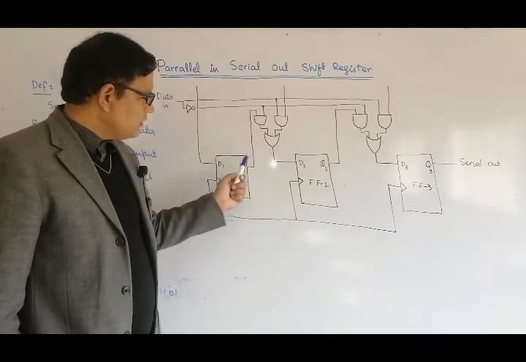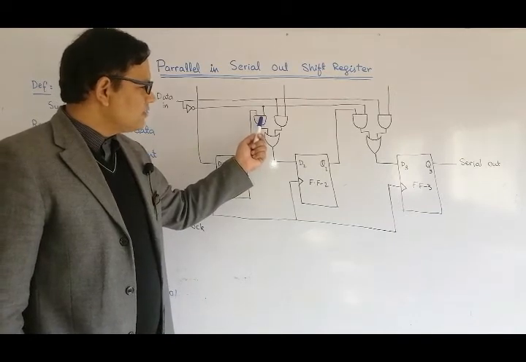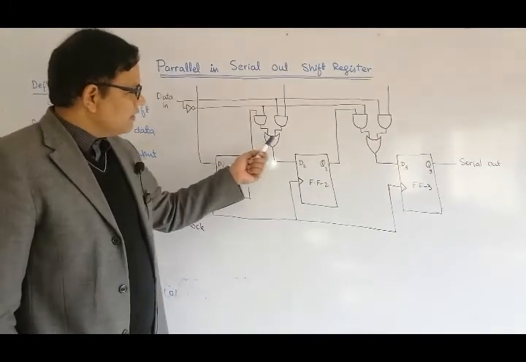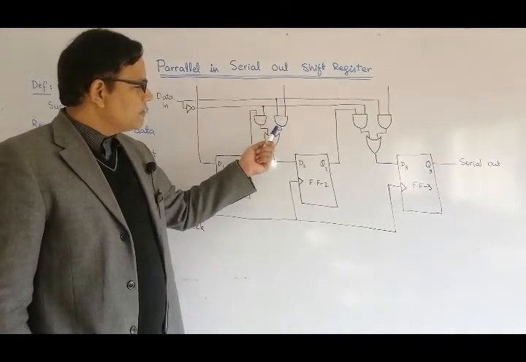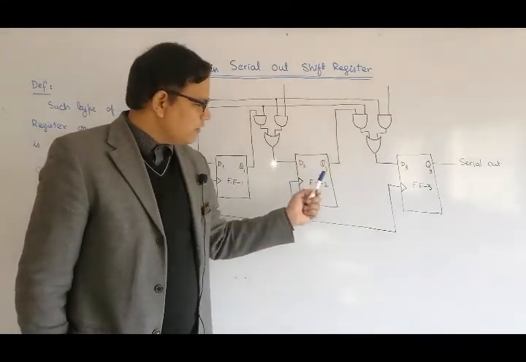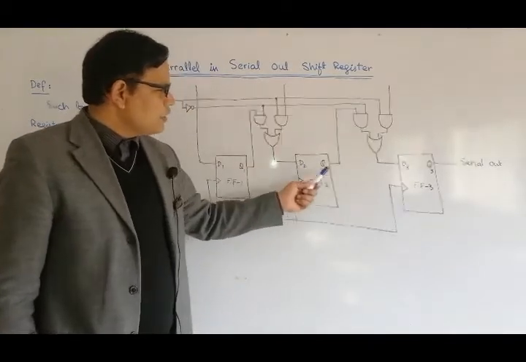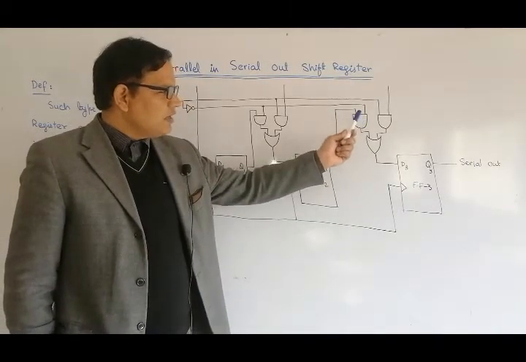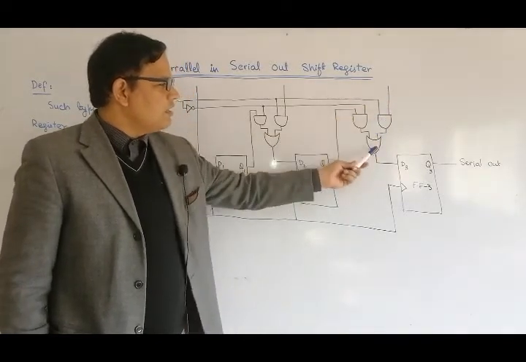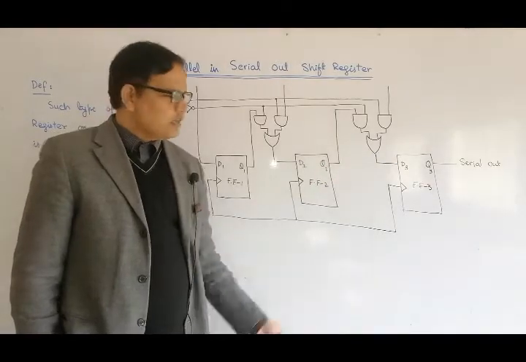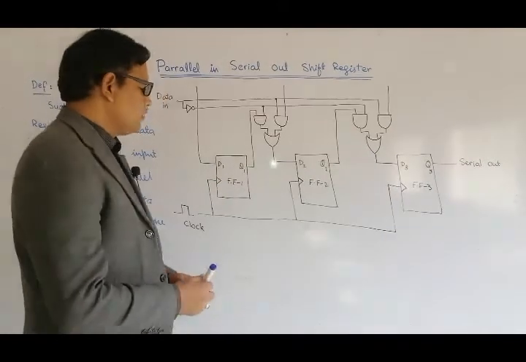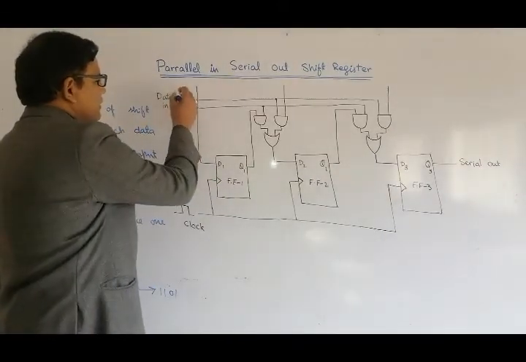The output of the first flip-flop will be taken to this AND gate. This AND gate is also connected with this NOT gate. Here I also have the switching unit, and in the same way Q2 is connected with this AND gate, and the same type of OR gate is taking the parallel input, which is also working over here.